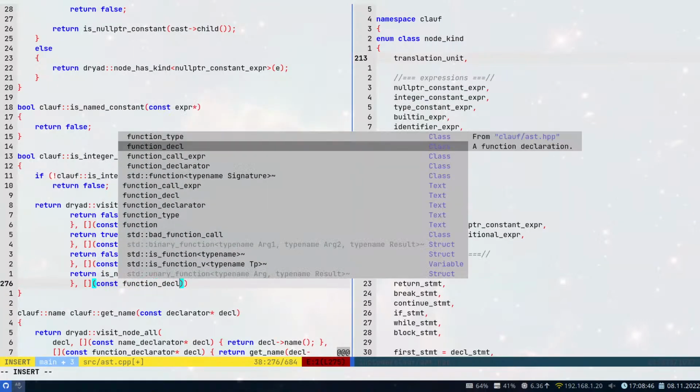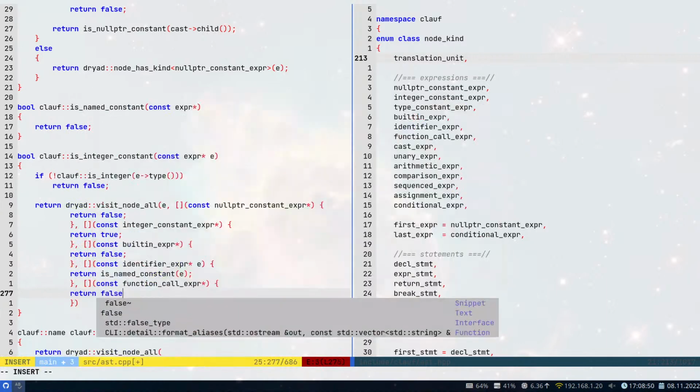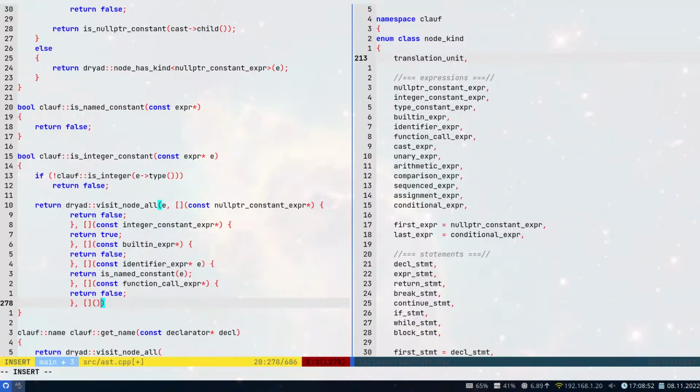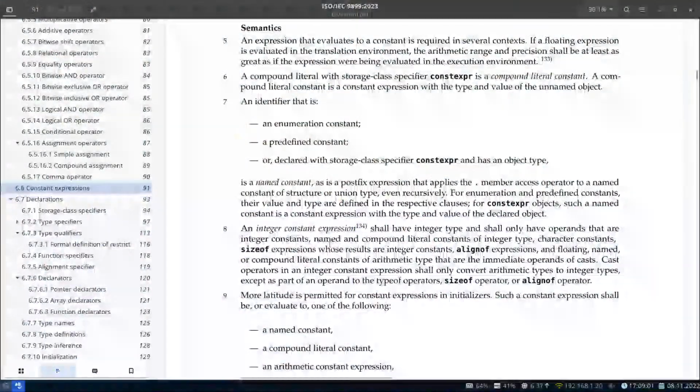Function call can't be an integer constant. You cannot call a function because C doesn't have constexpr functions. We've got cast expressions. So cast expressions